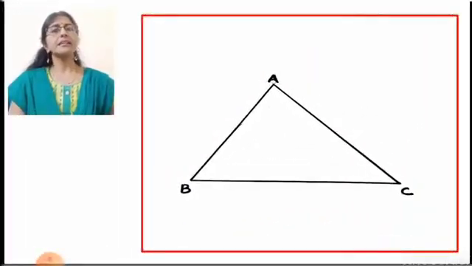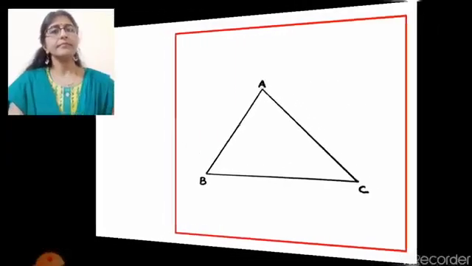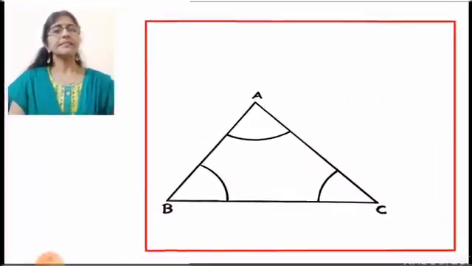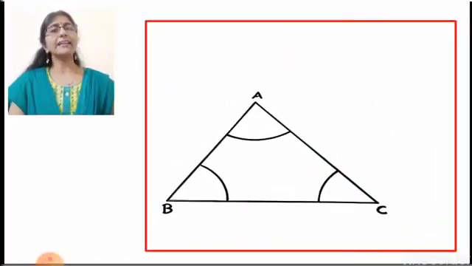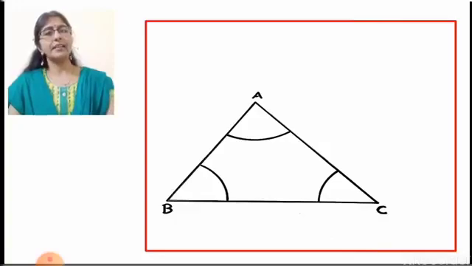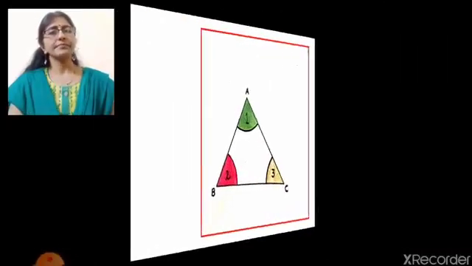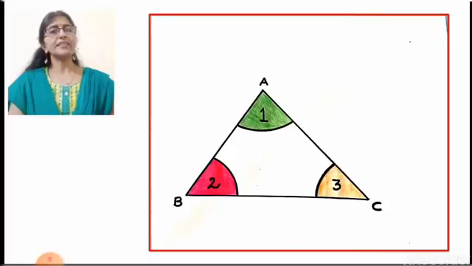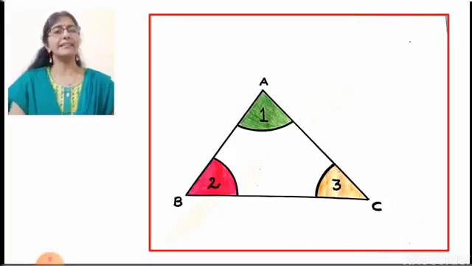Now this is the triangle which I have shown you in the activity. You can draw any kind of triangle and name it as ABC. Here, this is the same triangle where angles are marked. So you will use a compass to draw the arcs, and you will show this as angle. Then in the third picture, you can see the angles are colored and marked as 1, 2 and 3. You can also do it in the same way.